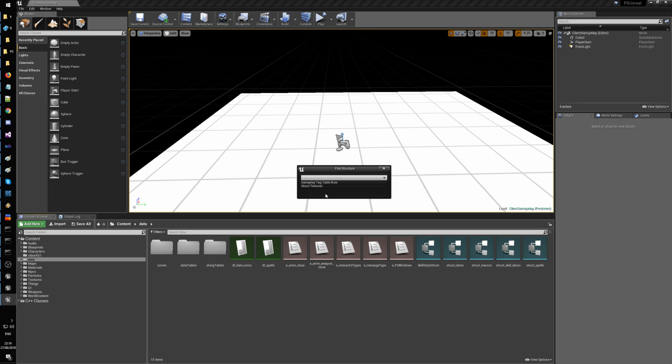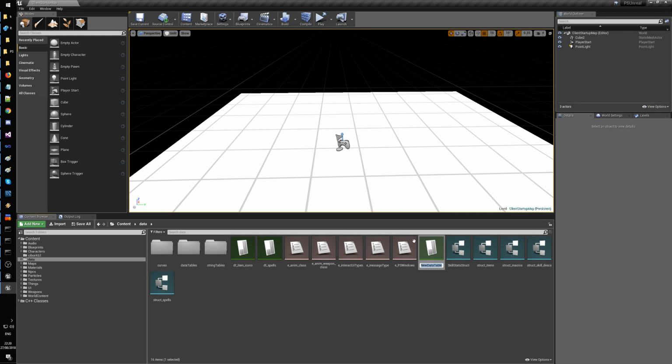Wow. So I completely destroyed these ones? Why? I mean, I can use this, which is nice. I can use DT item textures, but